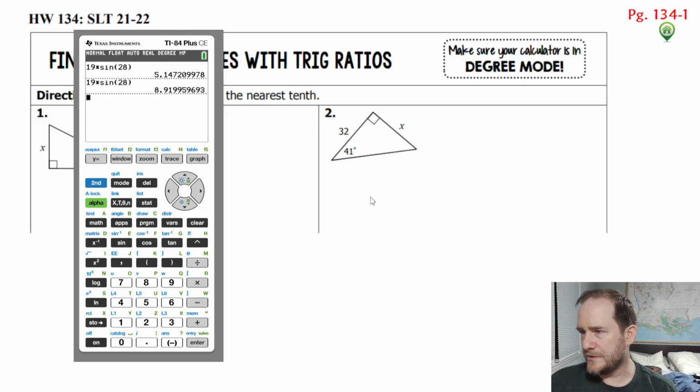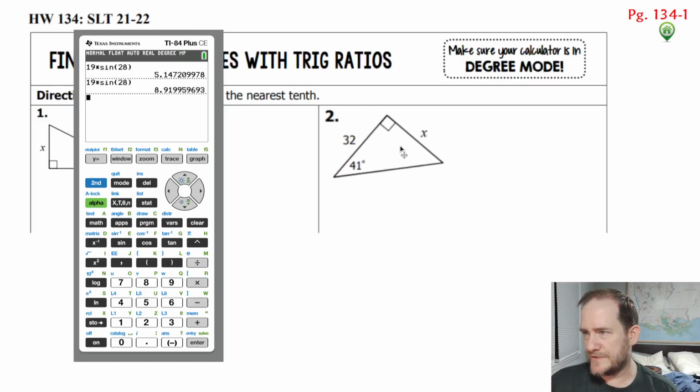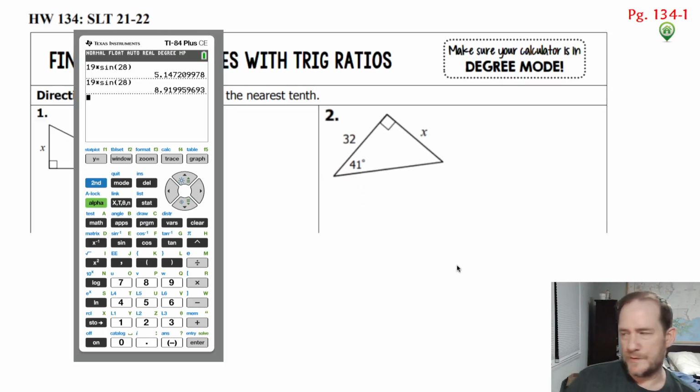So again, our first step was to label the sides as opposite, adjacent, hypotenuse. That looks a little bit better. And looking at this problem, we can see that we want to use the 41. The x is opposite from it. The hypotenuse is down here. And notice the hypotenuse is the guy that we do not have. This 32 is adjacent then. So that means given the choice of sine or cosine or tangent,